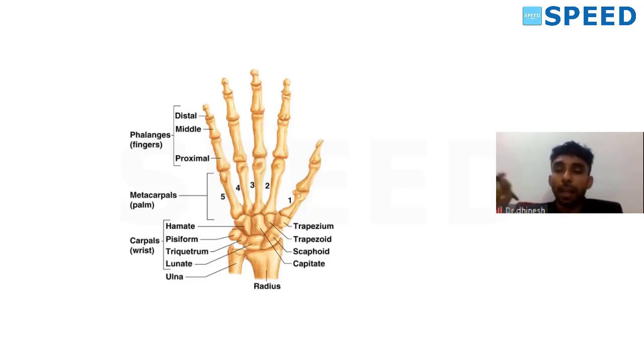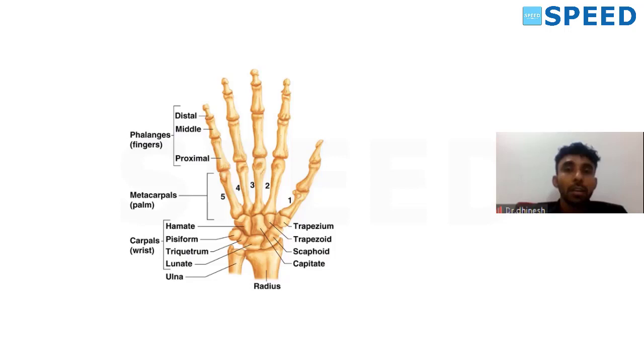They may label any one of the 8 carpal bones, and they may ask which of the following carpal bones has been marked in the diagram. Otherwise, they may ask the peculiar feature of the marked carpal bone. Like that, the question may be asked. The carpal bones are arranged in 2 rows, proximal row and distal row.